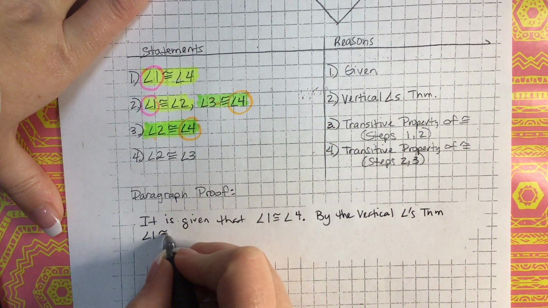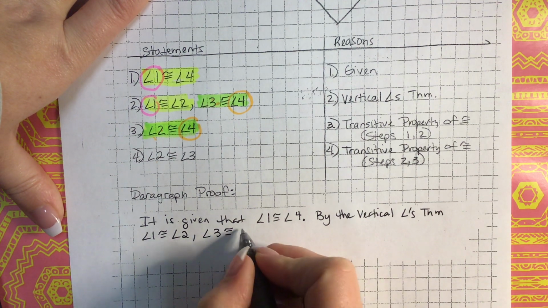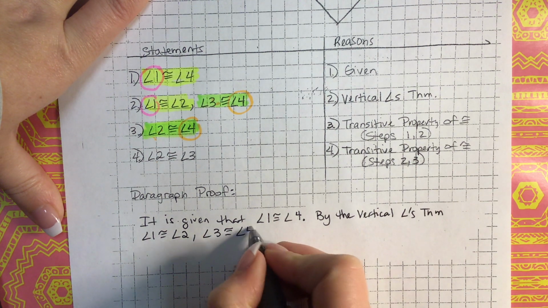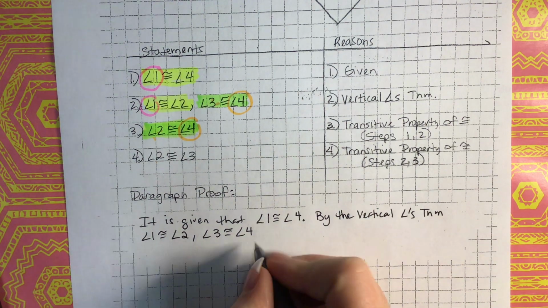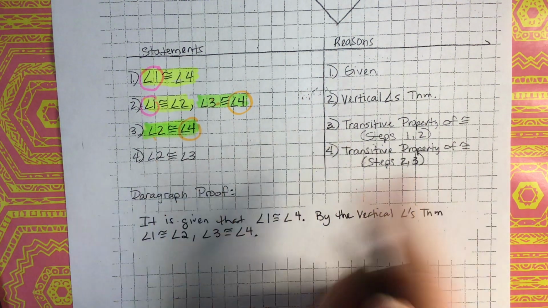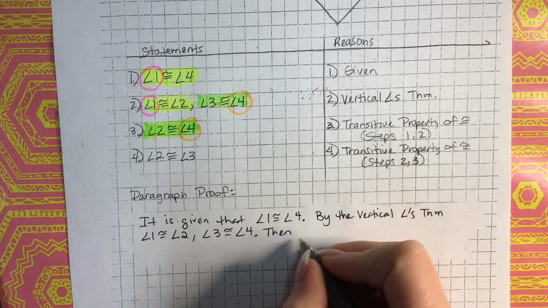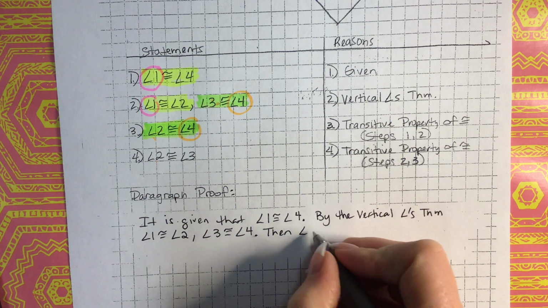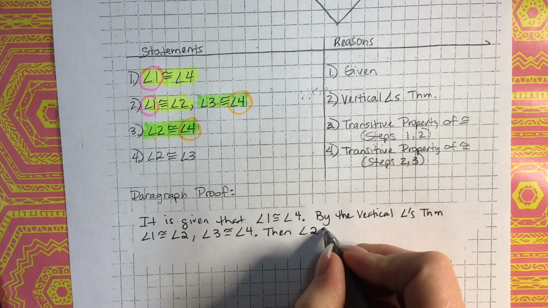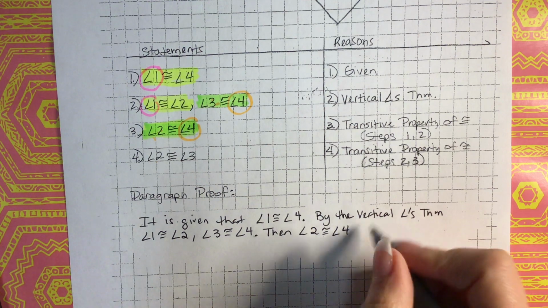Angle 1 is congruent to angle 2, and angle 3 is congruent to angle 4. Then angle 2, we can just say this, is congruent to angle 4 by